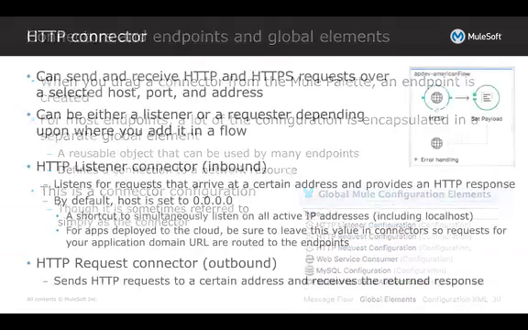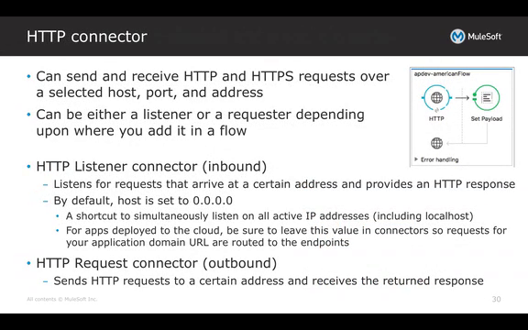As we had seen, the HTTP connector is a great example of this. We can send and receive HTTP or HTTPS requests over a selected host, port, and address. We can either be a listener or a requester depending on where our element is inside of the flow. The HTTP listener connector, which is the inbound, listens for requests that arrive at a certain address and provides an HTTP response. By default, the host is set to 0.0.0.0, which effectively just means binds to all active IP addresses,